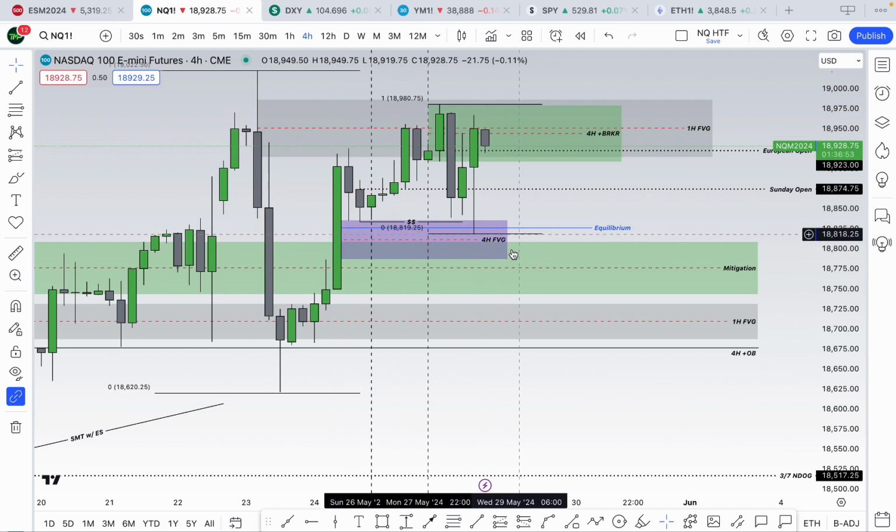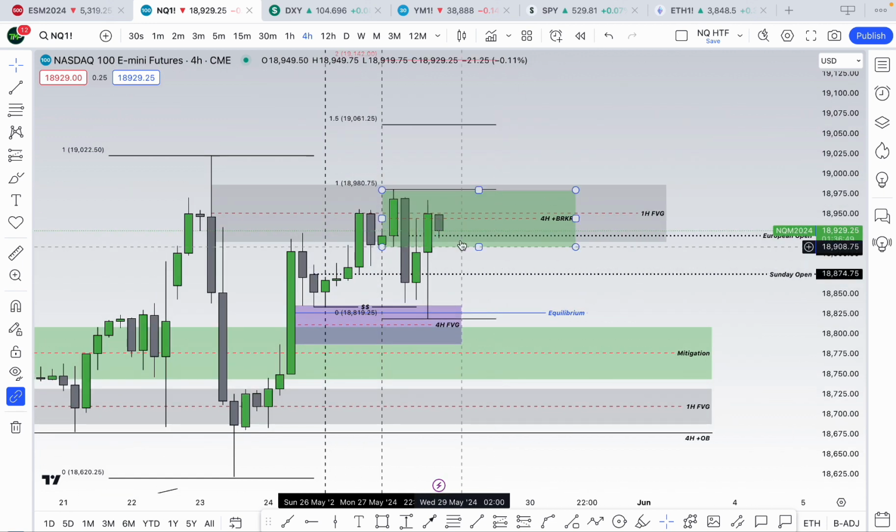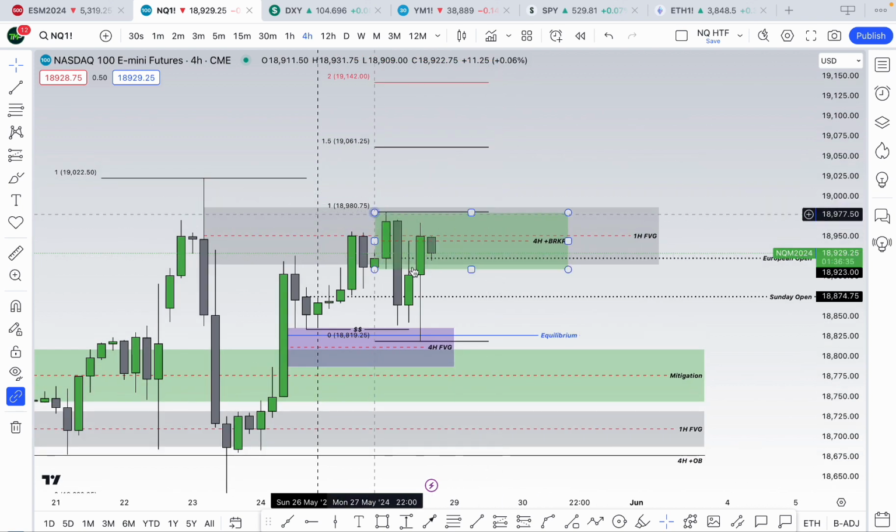Traded into a 4-hour fair value gap. Look at the response in price. Right, got up above. So if we get above this green area, which would be a breaker because we have this low, high, lower low, get above there, and we should, with our swing projections,